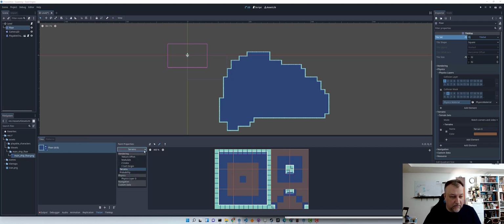And then we want to go to Paint Properties, Physics Layer 0. Notice I had to have that in there. That's the first physics layer. So for this first one, you can see I just put in a whole square. We don't actually want that. So what I'm going to do is I'm going to hit that, going to edit,